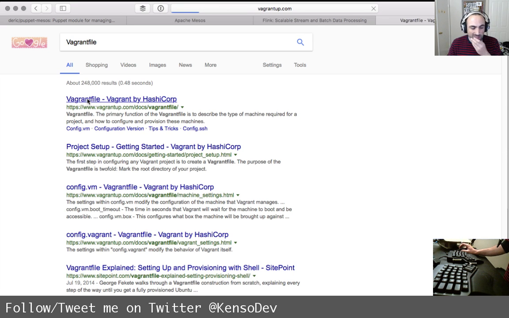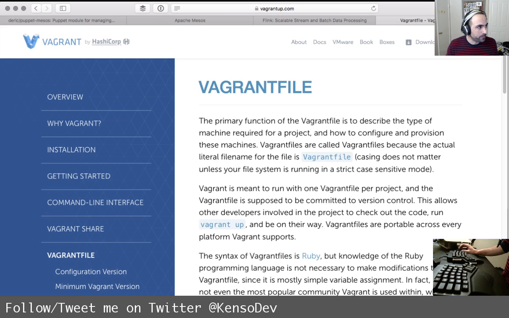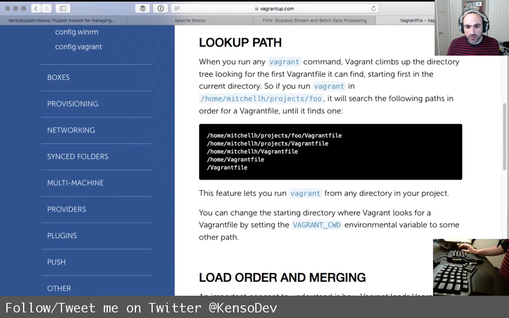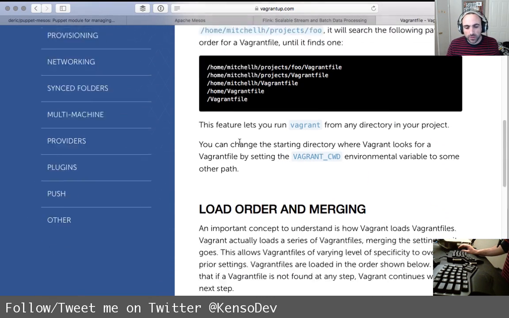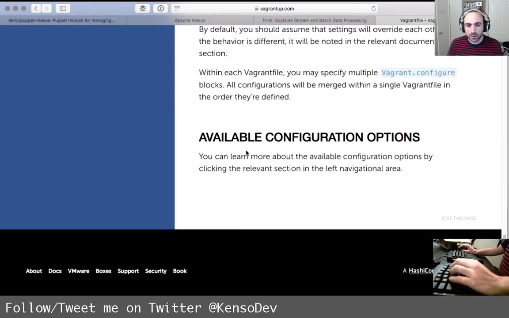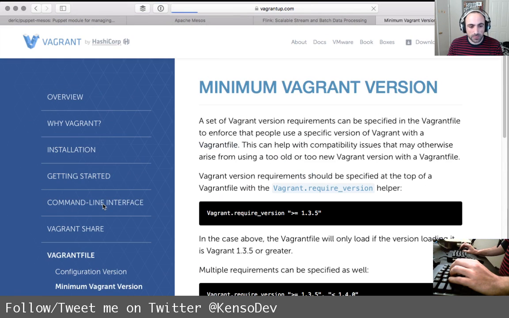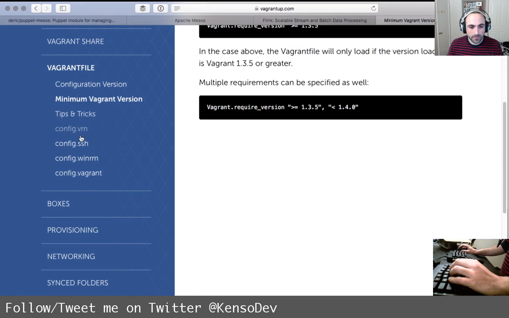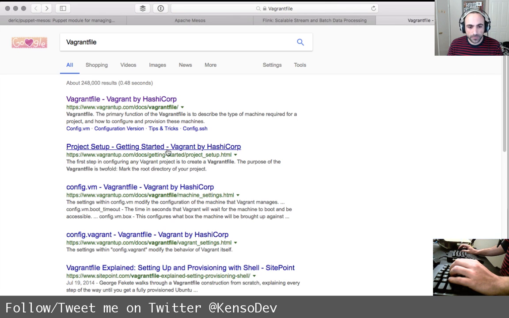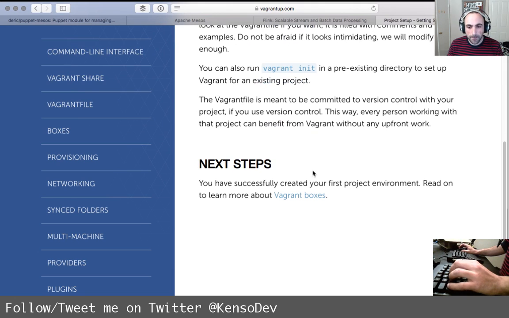All right, so let's see what we have here in the documentation. Load order, I don't really care. I just want to get a simple, minimal version of a Vagrantfile.